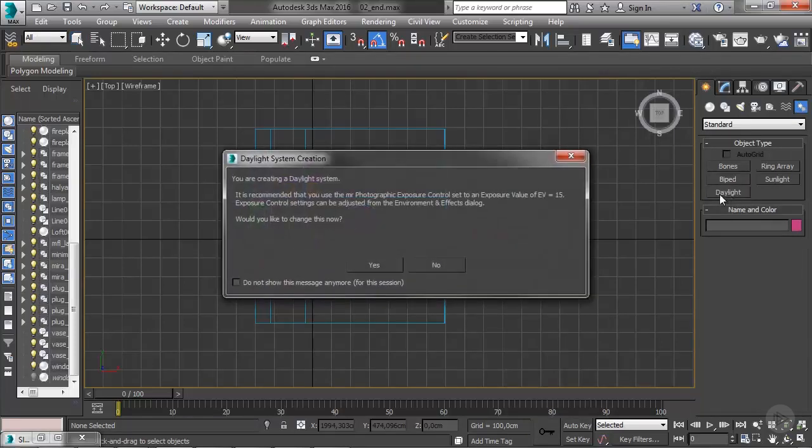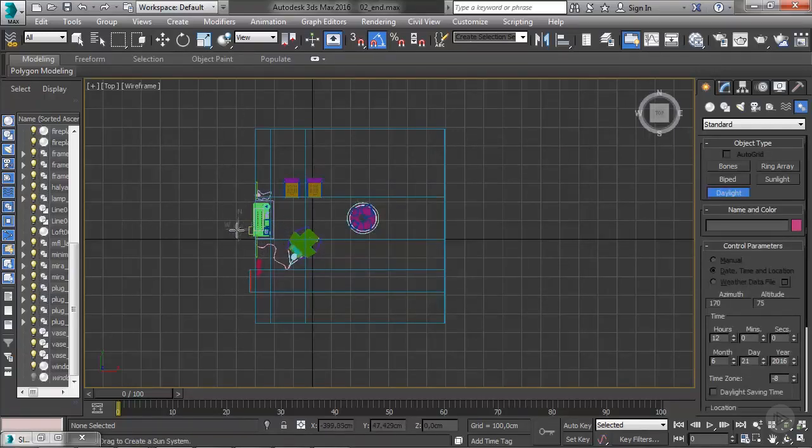Once I click this, Max is going to ask me if I want to create a photographic exposure control. Now, it's suggesting the photographic exposure control because I already have Mental Ray as my renderer. This is important. If I forget to set my renderer before, Max is going to suggest a different exposure control and you have to change this later, okay? So I'm going to click yes because I do want exposure control,